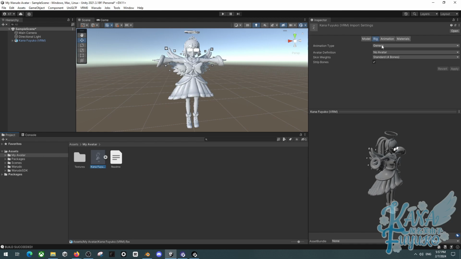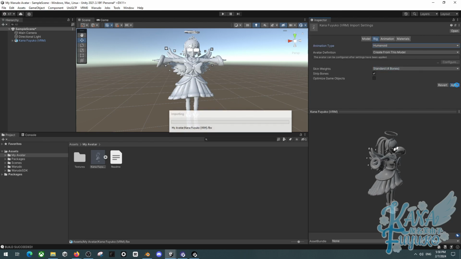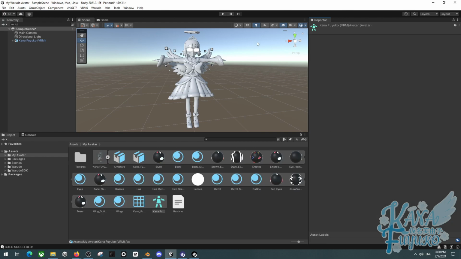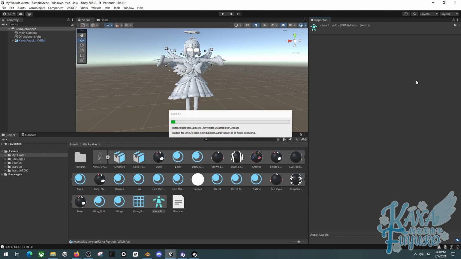You're going to make sure to click on the Rig tab and set your animation type to humanoid and click on Apply. Give it some time for Unity to process your rig, so that way it is set to humanoid. Once Unity is finished with processing your humanoid rig, you're going to click on Configure, and then once the humanoid configurations panel appears, this is where you're going to be doing some edits to the rig